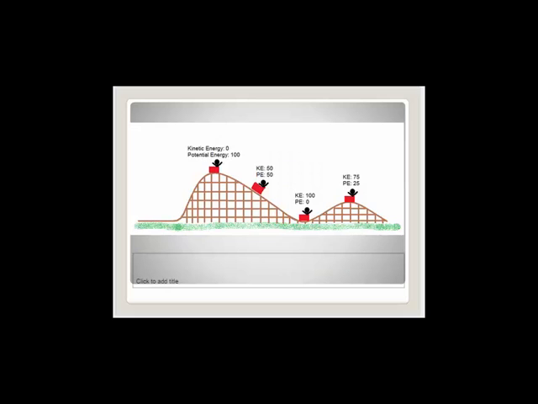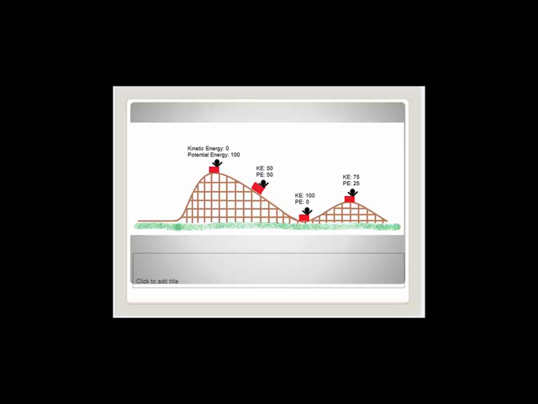Before we finish, we need to be able to identify potential and kinetic energy on a diagram. This is very important, and we'll work more on this in class. You should also visit the videos listed on our class course site for further explanation. So here we have the infamous roller coaster example. If you look at the roller coaster starting on the left, you can see at the top of the hill